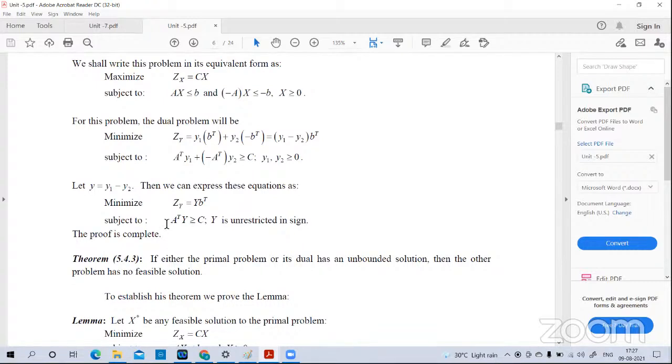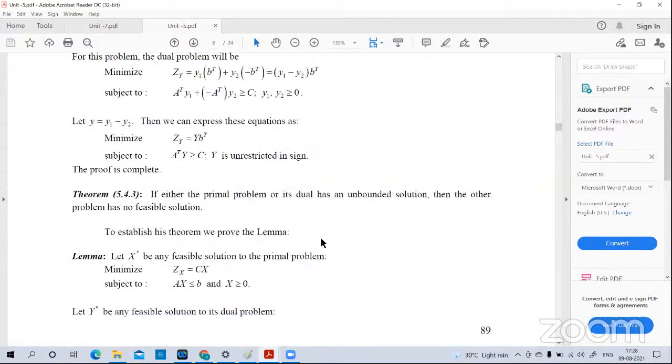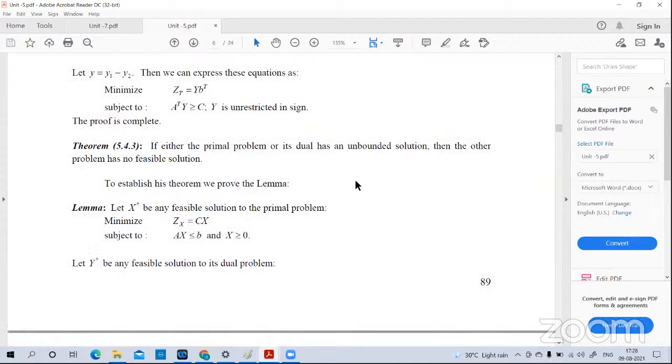It is a positive and a negative. Both addition, if we substitute, it is called our required form, subject to the constraints. Here the unrestricted variable can be converted into the restricted. Next, if either the primal problem or its dual has an unbounded solution, then the other problem has a